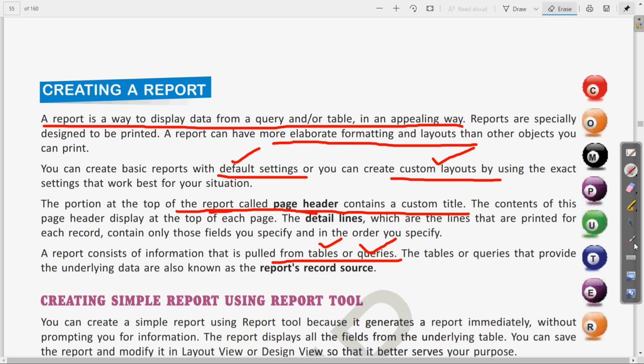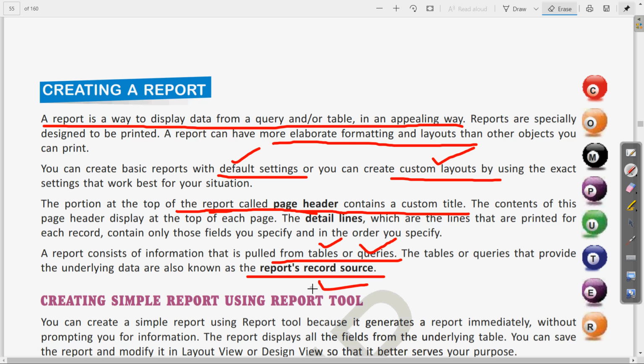The table or the queries that provide the underlying data are known as the record source. So here is a term, the report's record source. Whatever report you are generating, the table or the query being used will be called the report record source, the source from which these records are pulled into the report.